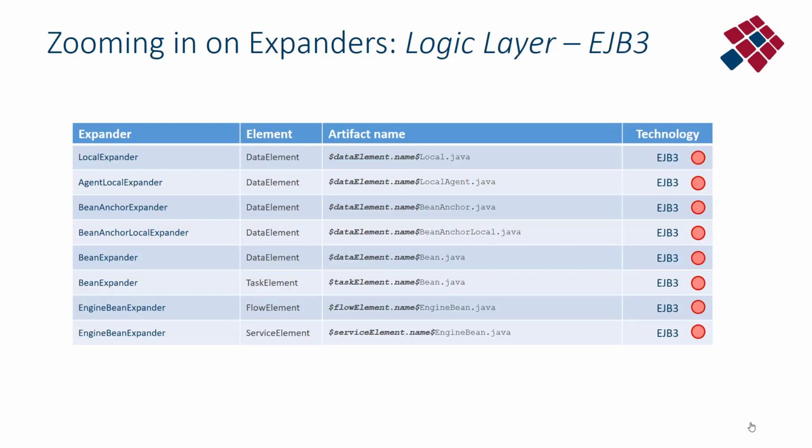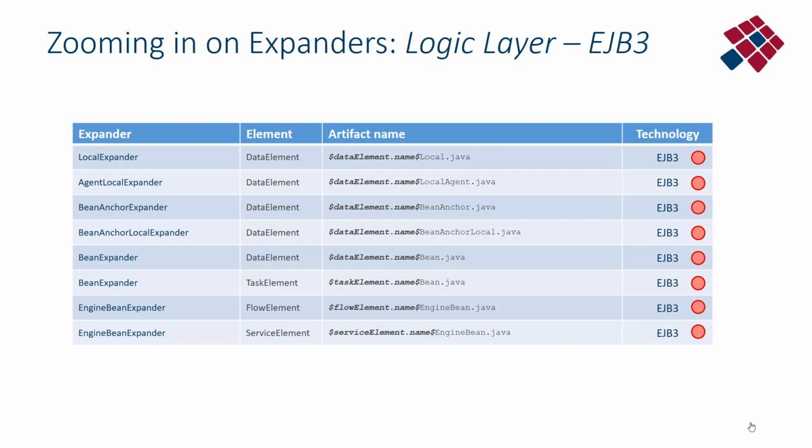If we look at the overview here, we see once again expanders, the element, the expansion module they belong to, the artifact name, the name of the artifact that will be generated, and the technology, which is here EGB3, and we use the standard colored disk to symbolize the dependency. Now we see that we have a number of EGB3 dependent expanders and therefore artifacts to be generated for the